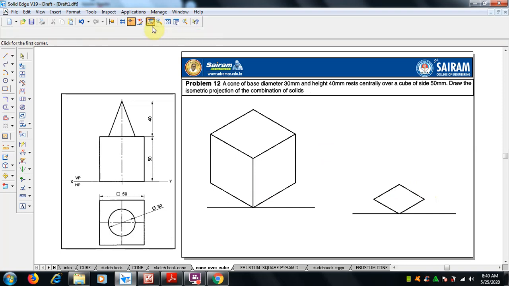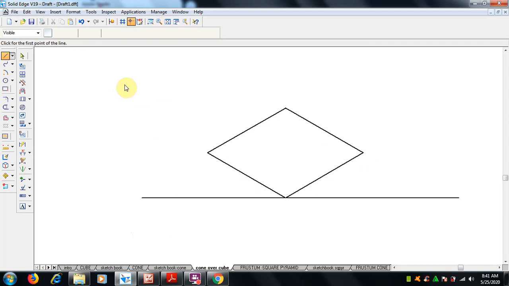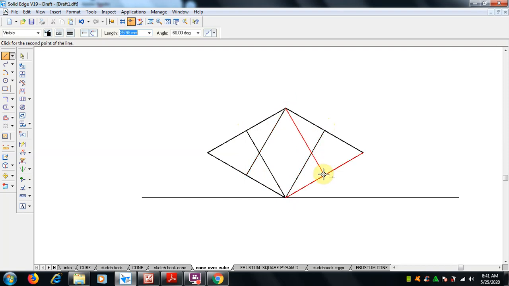So now I have to make a circle here. Select the midpoint. You can see the midpoint and end point symbols here. So the midpoint, from here to this midpoint, from here to this midpoint, right? Now it's done.